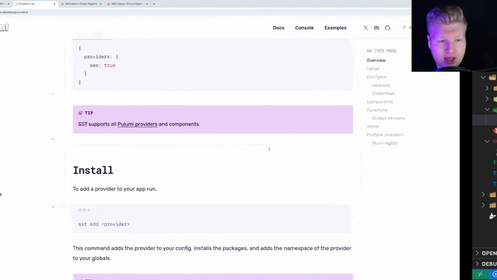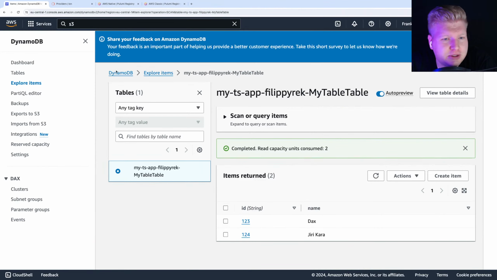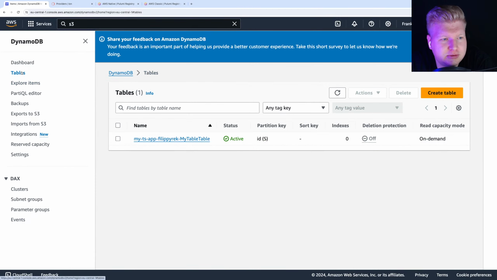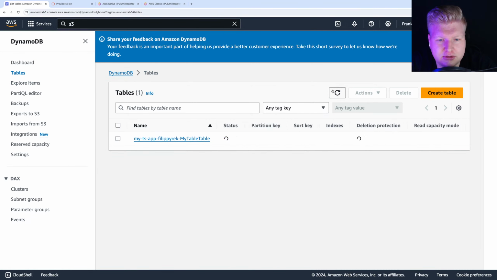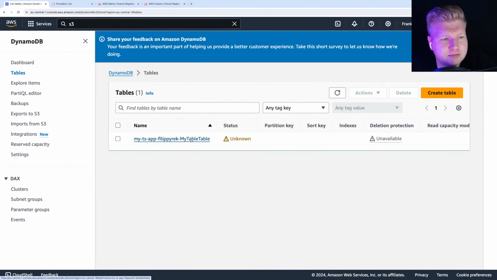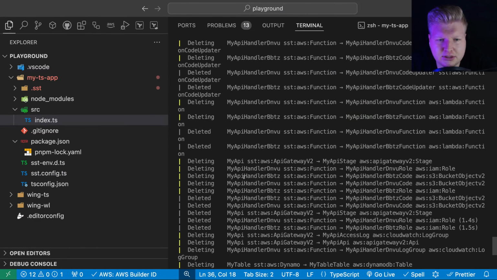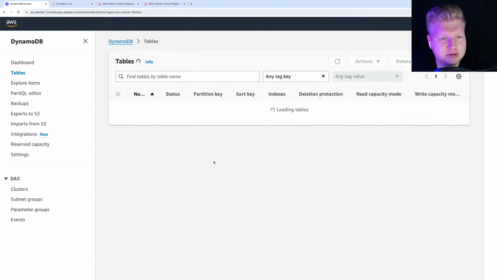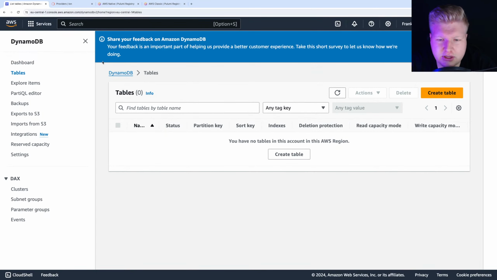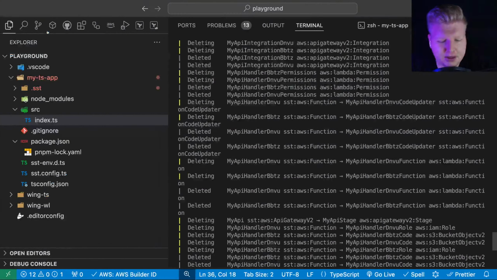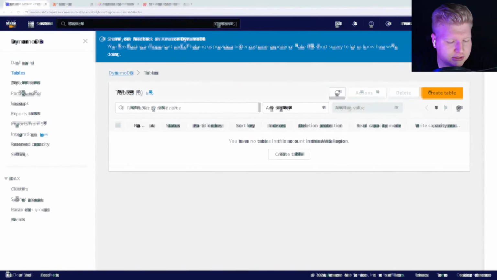I still wonder, where do they store the state? Yeah, I need to check it out later. Deleting. What's this? Okay, that was just a bug in the API. Let me pixelate my screen.